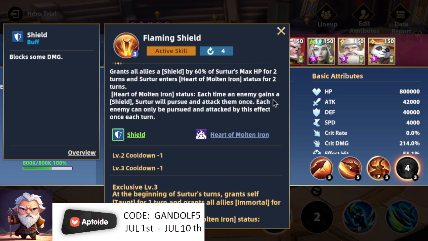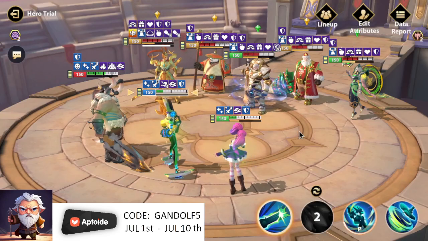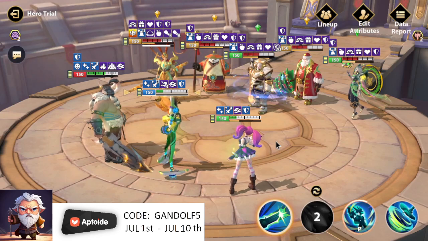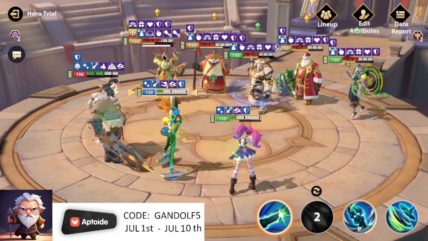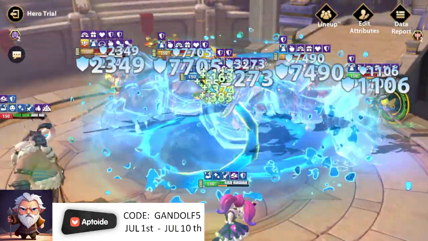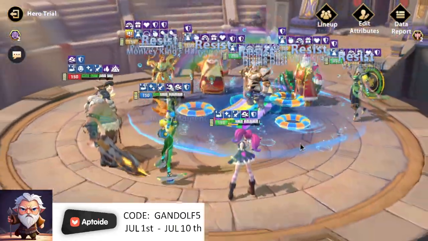Each time when the enemy gains a shield. Okay. Right, so you won't even be able to use this immediately because I have to wait until the enemy actually moves. Because when they move, they gain a shield. That's when it triggers. So, okay, we're going to have to give it back to the enemy's turn. When it's the enemy's turn...